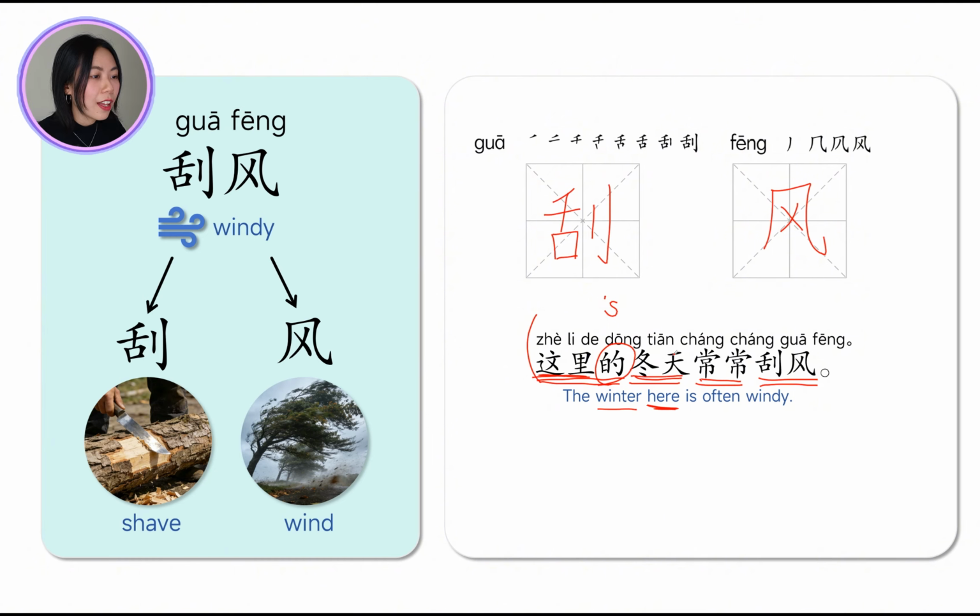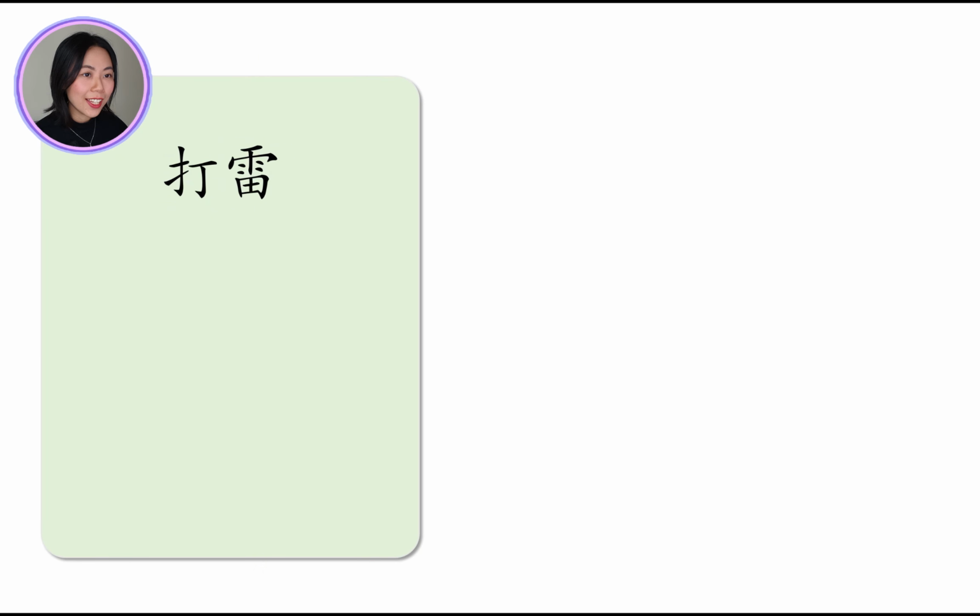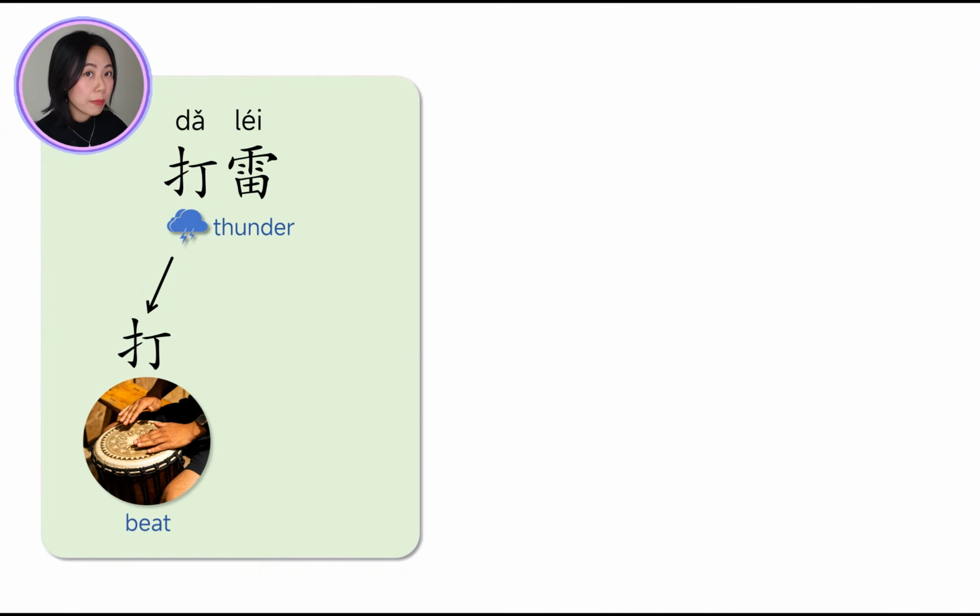So 这里的冬天 is the winter here. 常常 often. 刮风 windy. 这里的冬天常常刮风。